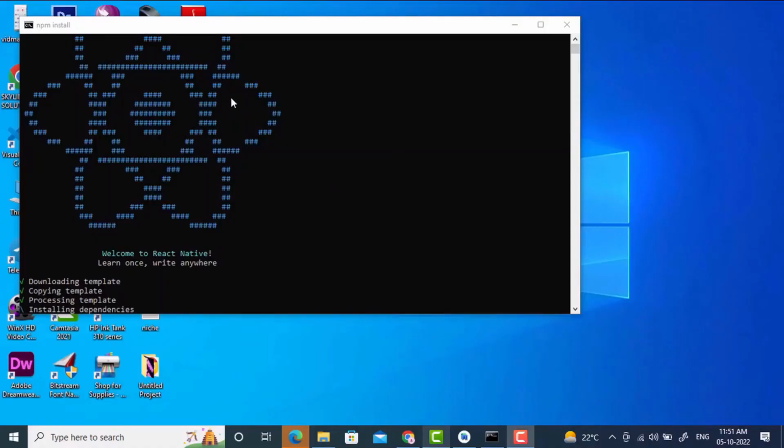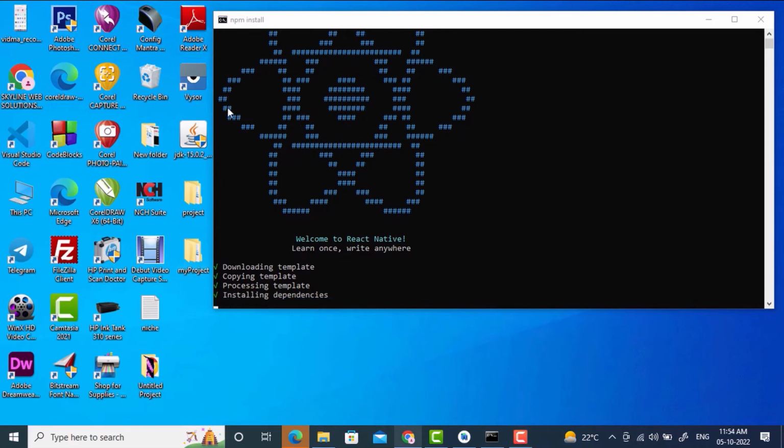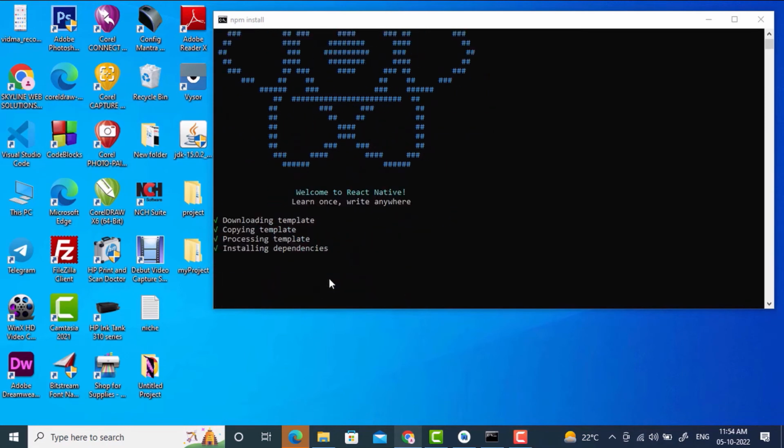So you can see it is installing. Here it is installing the necessary files in my project folder. After finishing this installation, I will move further. Okay, so I will wait for this installation to finish. It seems to get finished now. After installation of this,